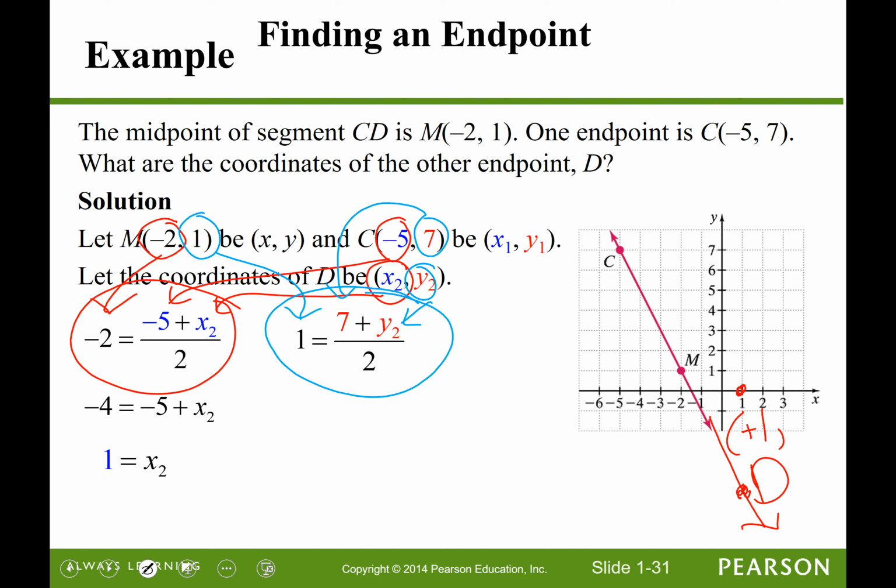So this equation right here is all the y coordinates. To solve for y sub 2, you start by multiplying both sides of the equal sign by 2, and then subtracting 7 from both sides. And we get y sub 2 is at negative 5,